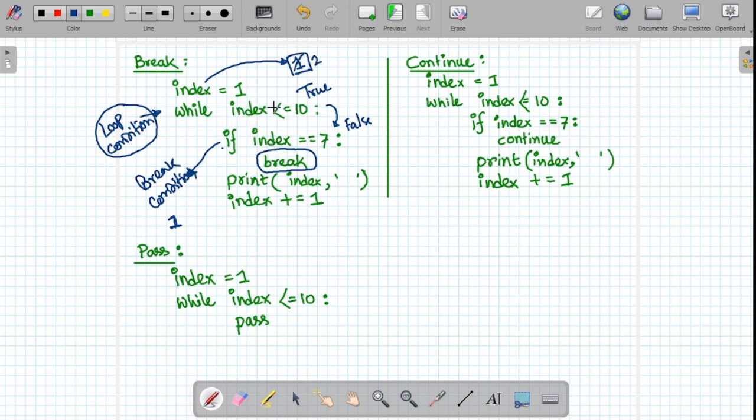It will check the condition. If it is true, and in this case it is true, it will come inside. The if statement or the break condition is false, so break will not happen. It will print index value 2, and it will increase the index value to 3. Like this, it will keep printing all the items. Only if the index value is 7,